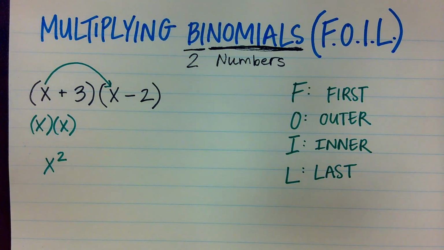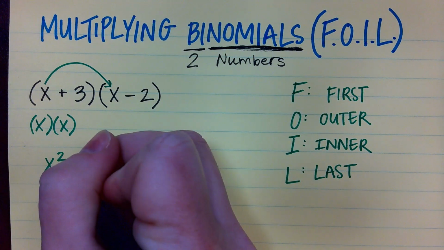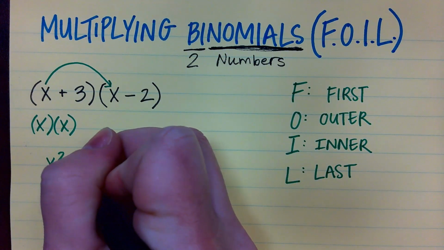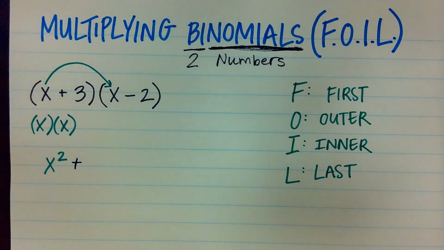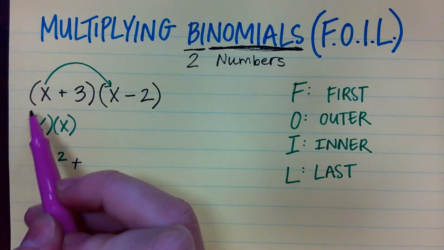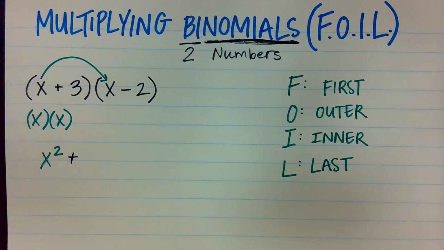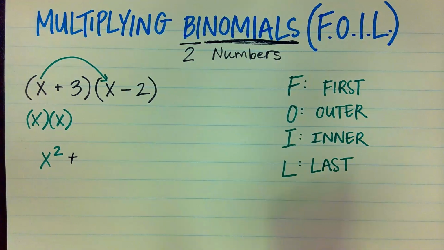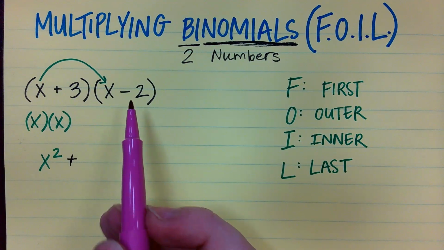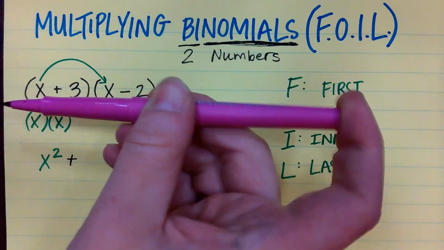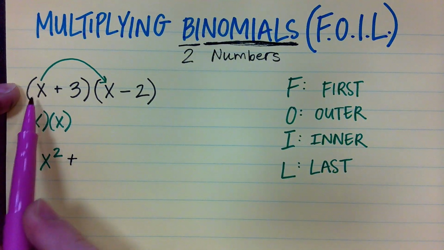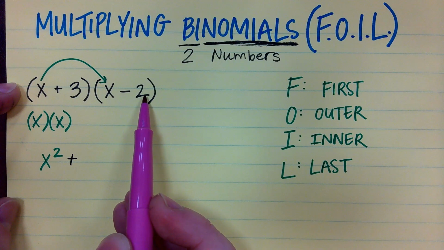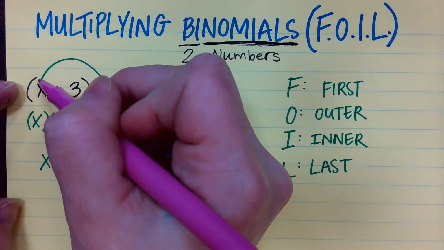Now I'm going to switch colors on here because I think it's a little bit of a process and I want you guys to be able to differentiate what I am doing up here or decipher what I'm doing. Okay, so we did the first term. Now we're going to do the two outer terms of our binomials. So my far outer term here is x. My far outer term here is -2. So outer